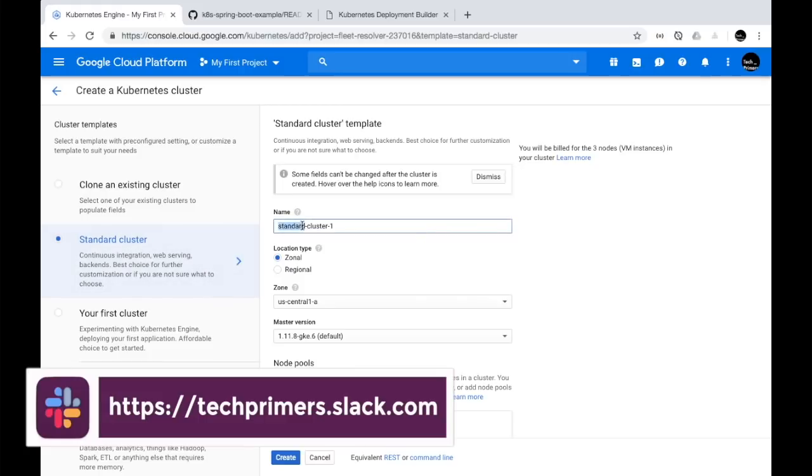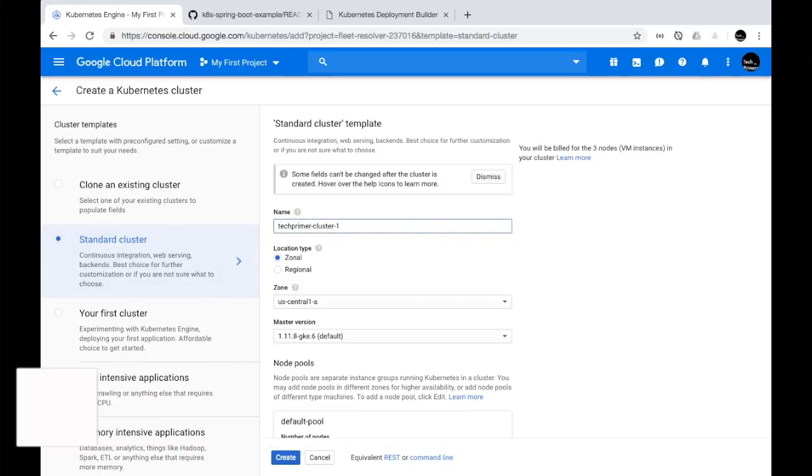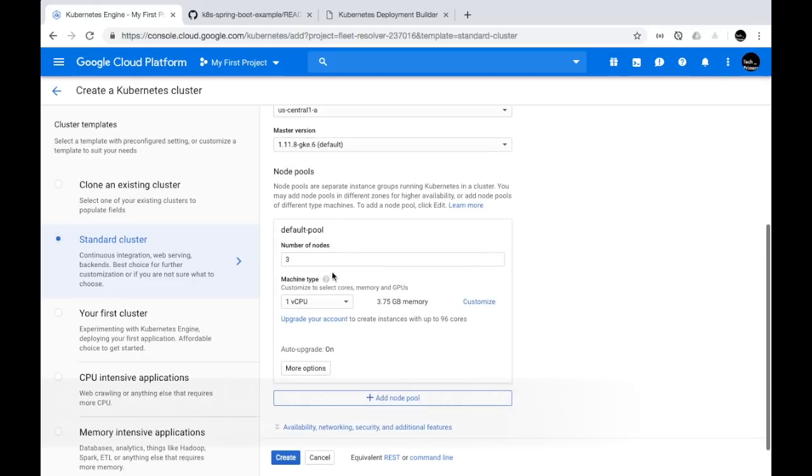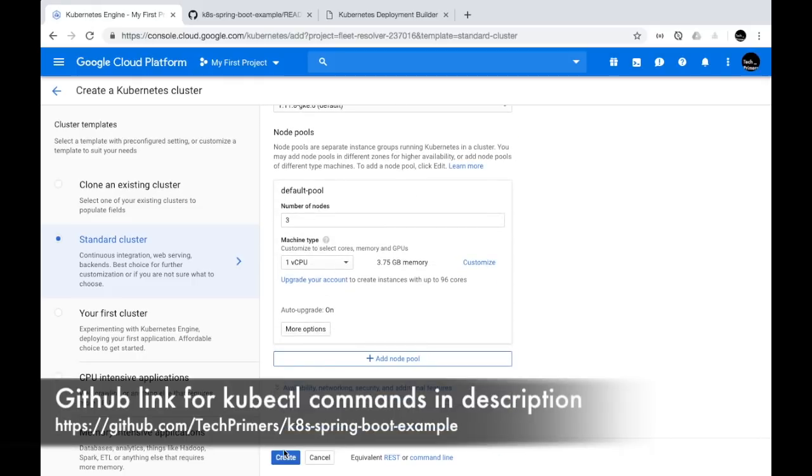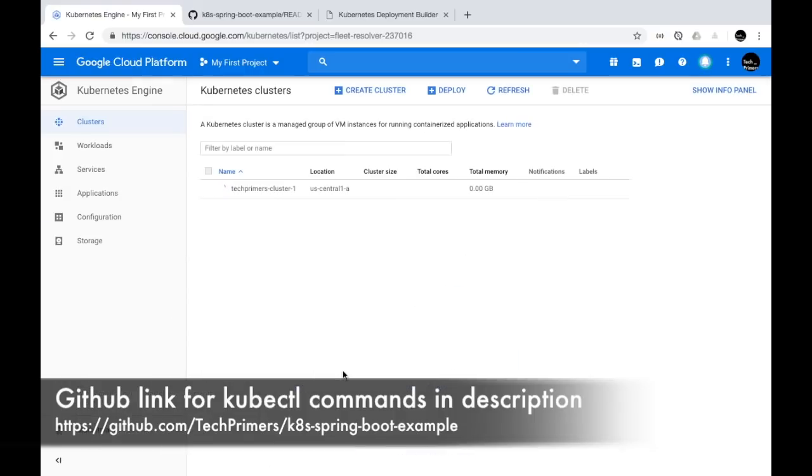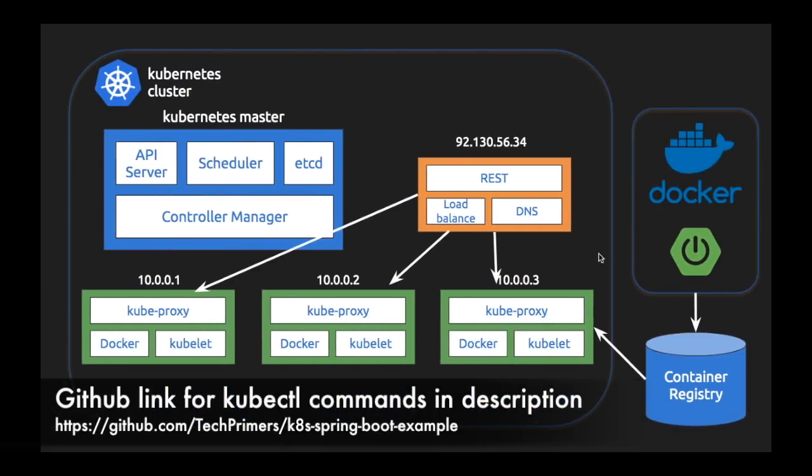So I'll give the same name which I gave in the last video, right? Tech Primers cluster 1. I'll create a 3 node cluster and hit the create option. This will in the background create 3 different nodes in a Kubernetes cluster, and it is going to give that specifically for our account. Meanwhile, if you look at the architecture, what we did, we uploaded the Docker image after